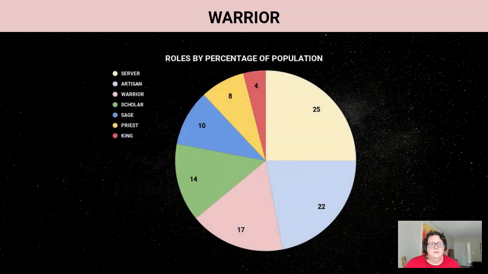In the population, they're about 17% of the global population. They're the least ordinal of the ordinal types, so they are focused more on one-on-ones, but they also have a quality of leadership about them sometimes too. The U.S. is actually what we could call a warrior culture. We really emphasize warrior values, and there's actually a lot more warriors in our population than servers probably even. So even though 25% of the population are servers and 17% are warriors, we probably have more like 30% warriors